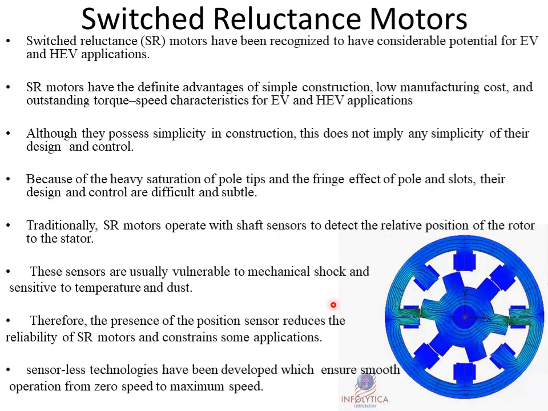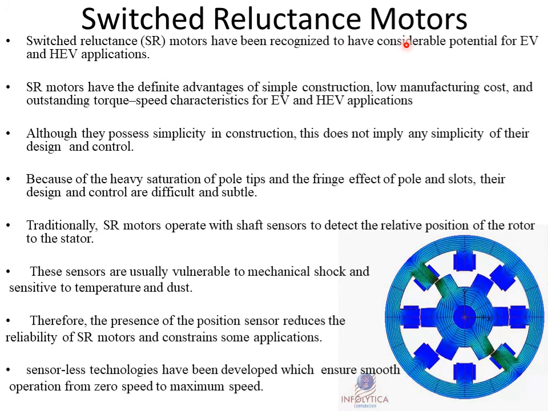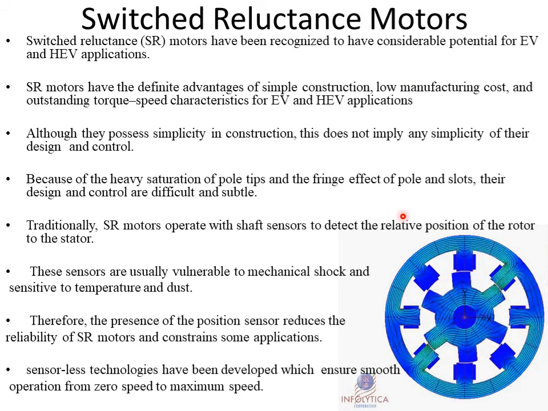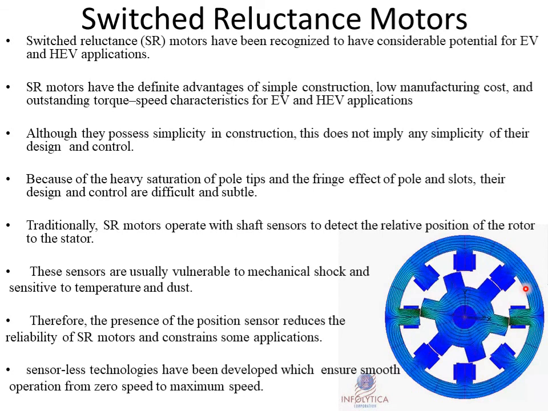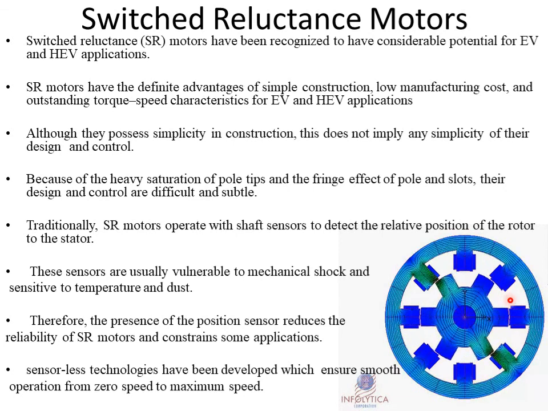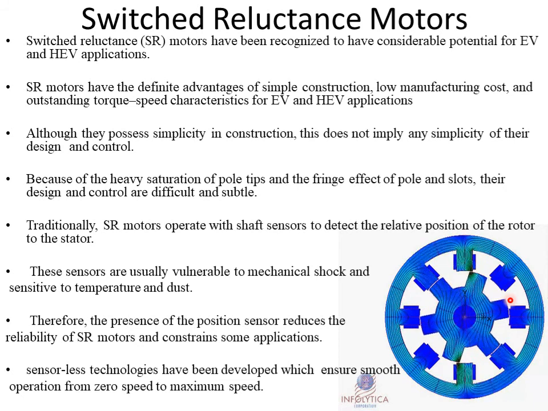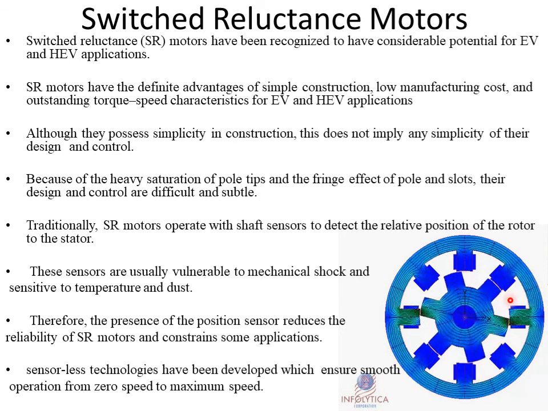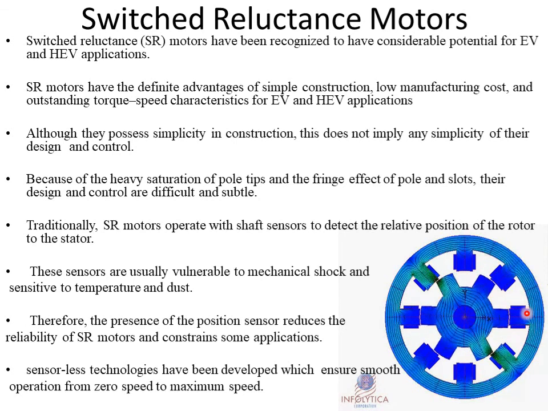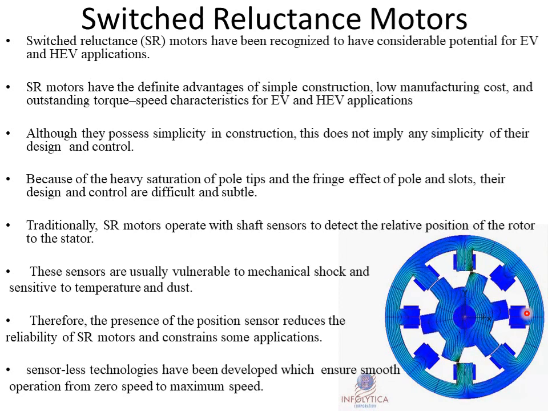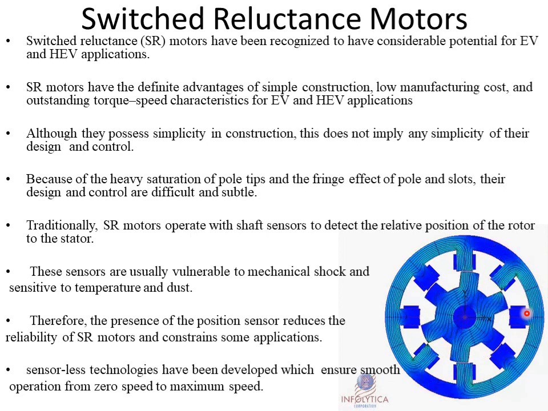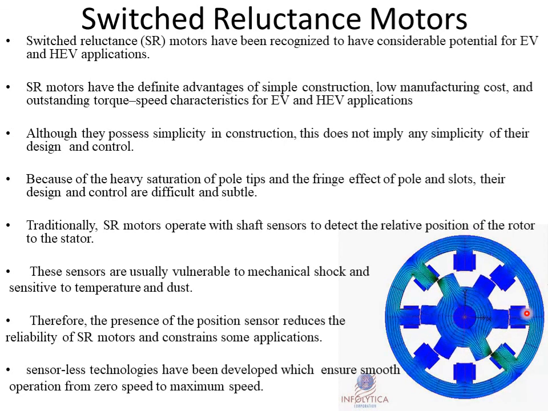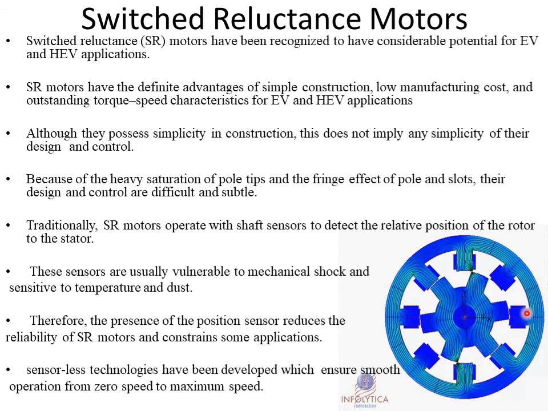Now we come to another type of motor, the switched reluctance motor, which is getting much interest in the research fields now. In this type of motor we are not using any permanent magnet or windings on the rotor, but it is just working on the principle of reluctance. Reluctance, as you know, is the opposition to the magnetic flux. Here the rotor poles try to align with the stator poles in such a way that once aligned, the reluctance will be minimum. So it will try to align in the minimum reluctance position, and based on this the motor works.